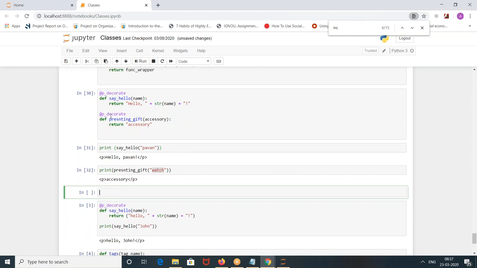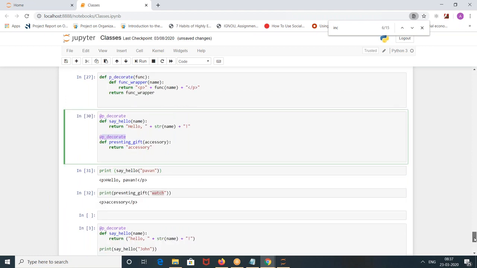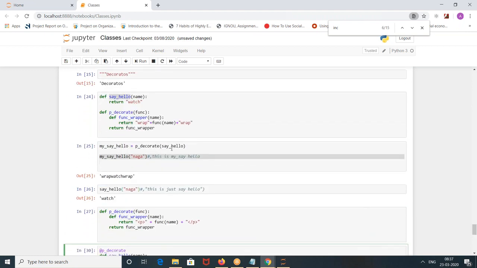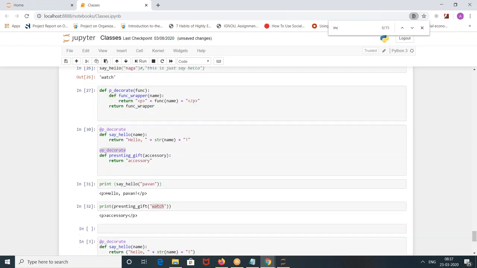How to use the decorator. Once you define the decorator, no need to do this hangama of writing 3-4 lines again, like pass here function, and within a function pass the variable. No need to do this hangama. Simple. Write at the rate of p decorator, whatever function you want to write. Just call your local function, pass the variable. That's it.